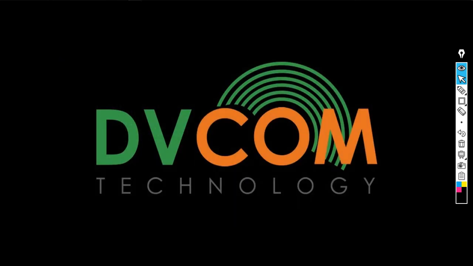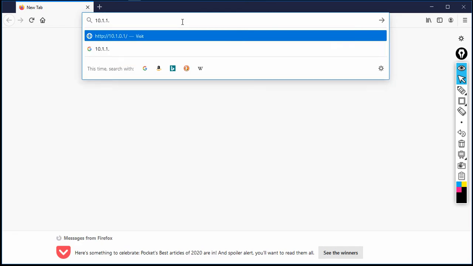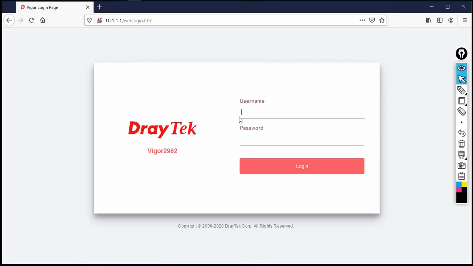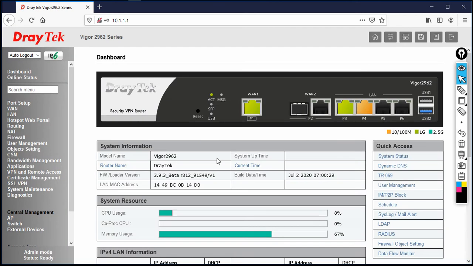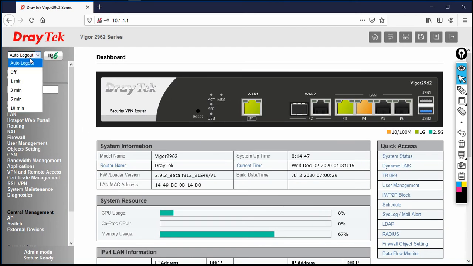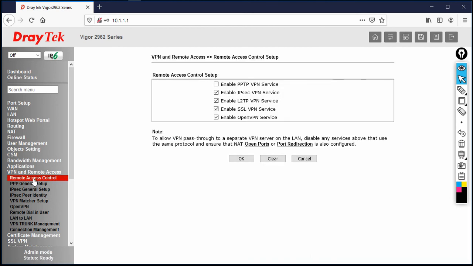Now let's open the browser and type the IP address as 10.1.1.1. Now enter the username as admin and the password is admin. Then click OK. After that, I just want to turn off the auto logout. Then go to VPN and Remote Access. Once you go to VPN and Remote Access, make sure that you click on